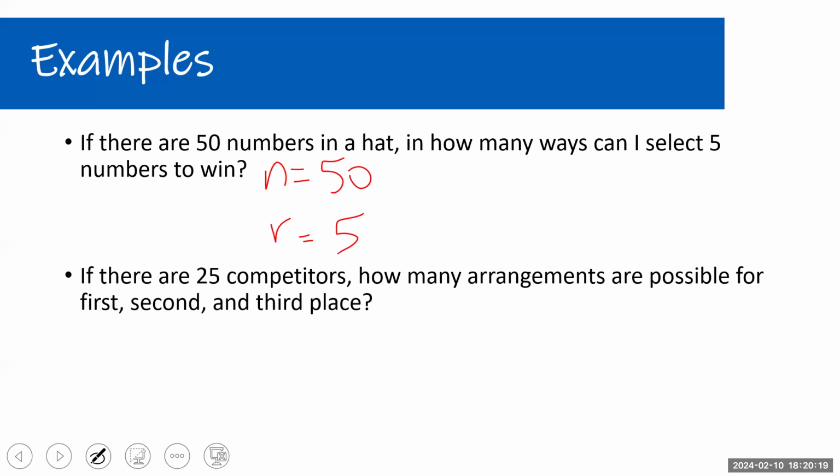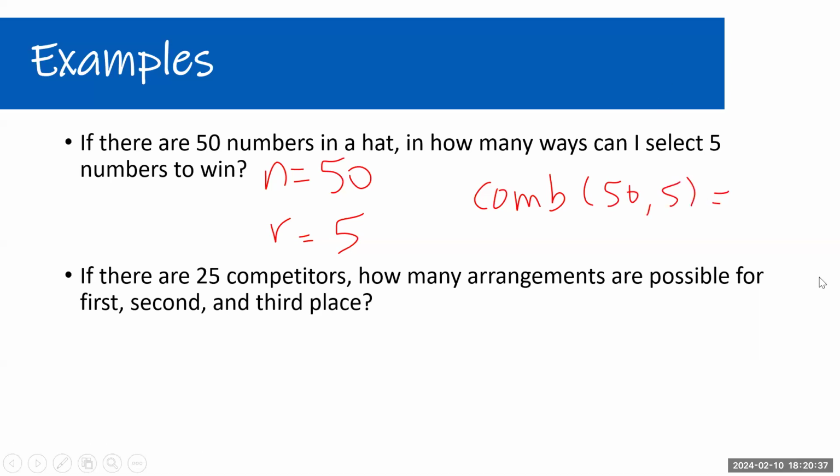In that case, order doesn't matter, okay? Think about the Powerball. It doesn't matter if they choose a 26 first or a 2 first. They're both winning numbers, okay? So order does not matter, so we are going to use the combination 50, choose 5. Okay. And if we go over to StatCrunch,